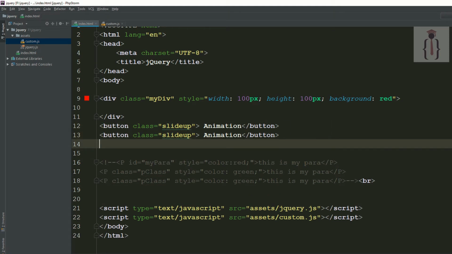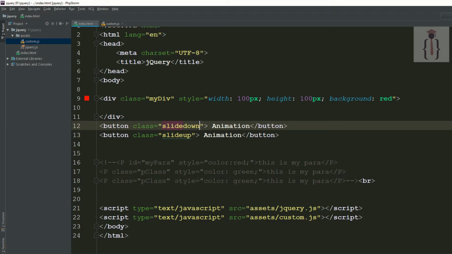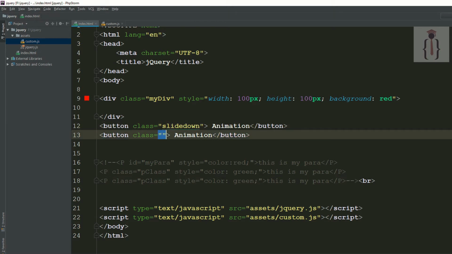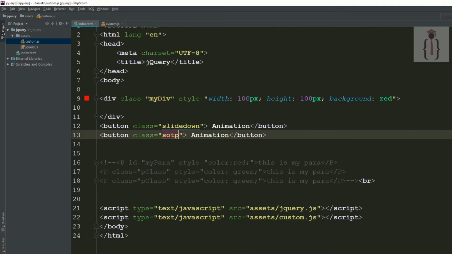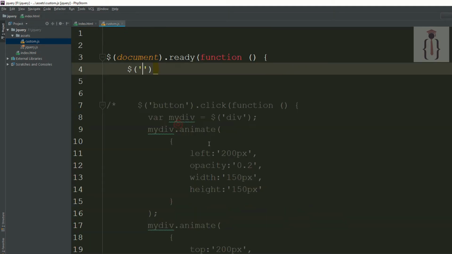I have other buttons. I'm saying this is the slide down or slide up, and now I'm saying this is the stop button. I'm using the two buttons. I'm saying whenever someone clicks on this